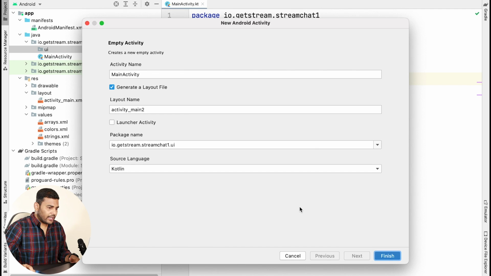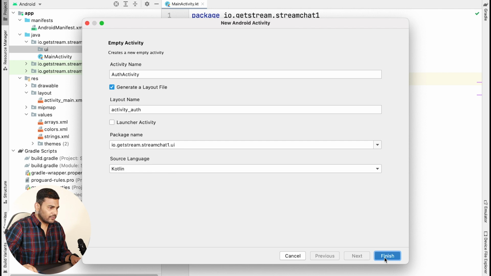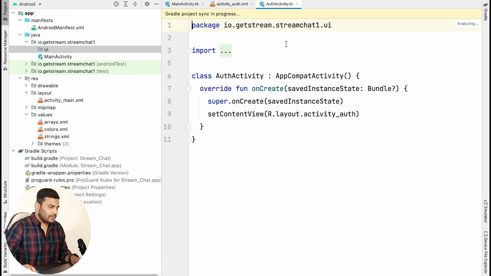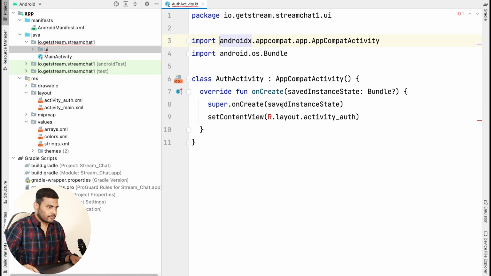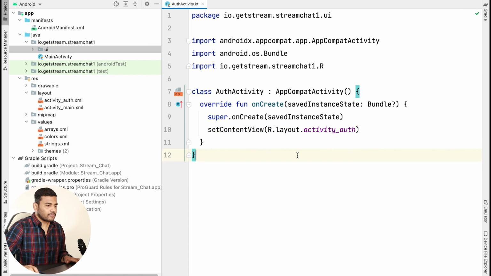So I will create an empty activity named auth activity like this. So I have activity authentication. So let's finish it. We need to import this R.